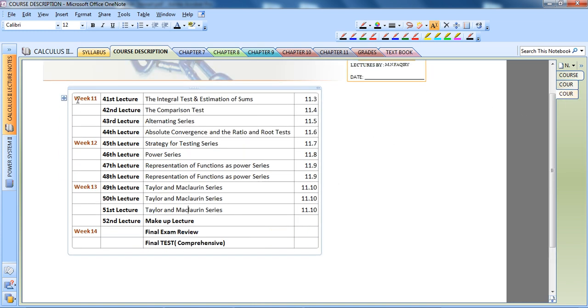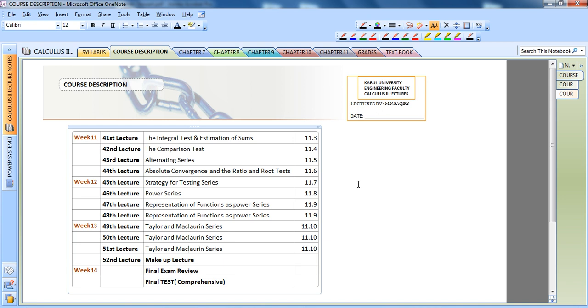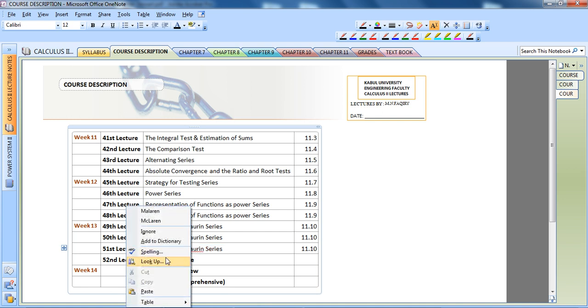And finally in chapter 11, finally last page of the course description, week 11: the integral test and estimation of sums, the comparison test, alternating series test, absolute convergence and the ratio test, strategy for testing series, power series, representation of functions as power series, again continued, Taylor and Maclaurin series, Taylor and Maclaurin series continued, Taylor and Maclaurin series continued. Okay,